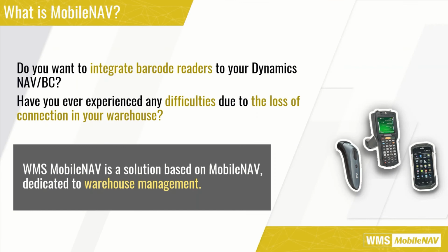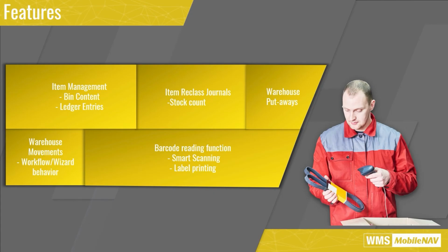And now, back to WMS MobileNAV. WMS MobileNAV is a solution based on our ultimate mobile application for Dynamics NAV and Business Central, which is MobileNAV. However, WMS MobileNAV focuses more on warehouse features such as item management, stock count, and warehouse movements like picks and putaways. Later during the quick demo, I will show you some of these. On top of everything mentioned before, there is the enhanced functionality to exploit the capabilities of warehouse-specific devices like printing labels and